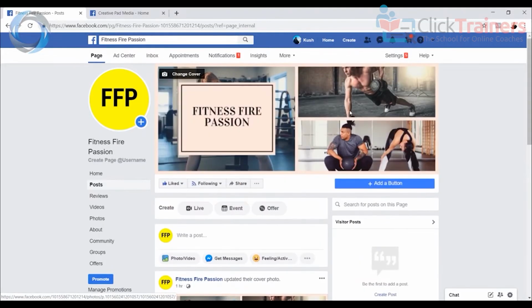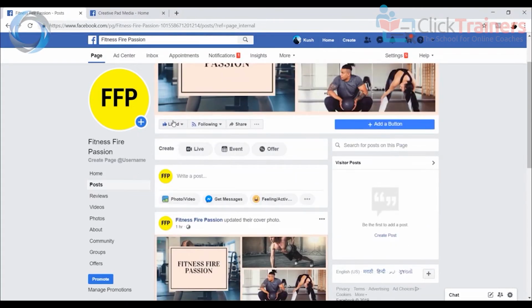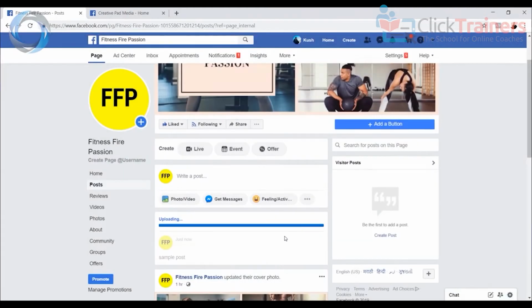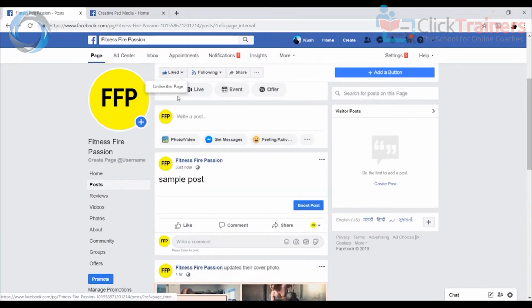Right now, the thing that I want to talk to you about is very, very important. Now that you have your page, anyone that has liked your page will see it when you make a post, just like you make a status. So let's say I make a sample post. I can add a photo or a video. I can do so many things here. But the most common type of post is something with an image, advertising something that you're selling. For example, in this case, let's say I have an offer going on for new memberships in my gym. So I can put out a nice design and write some stuff, and then I'll just click on share now. And then this goes out, and